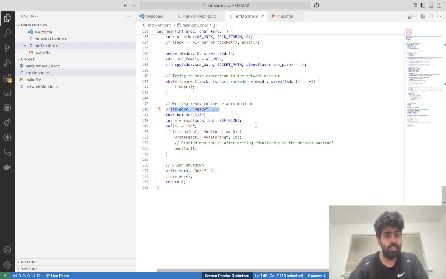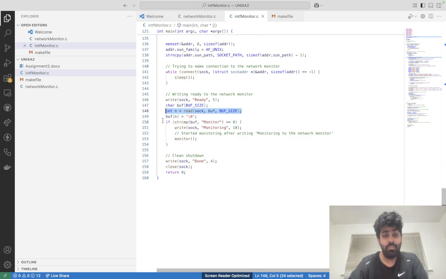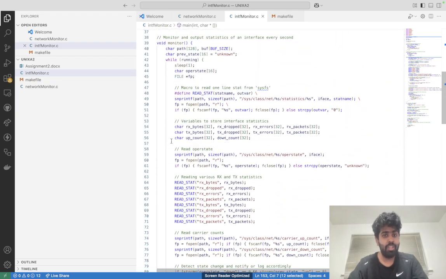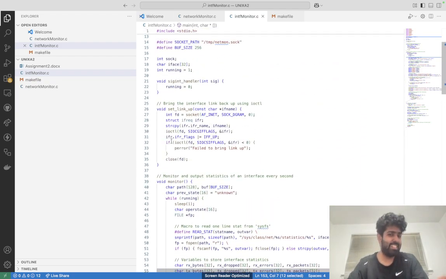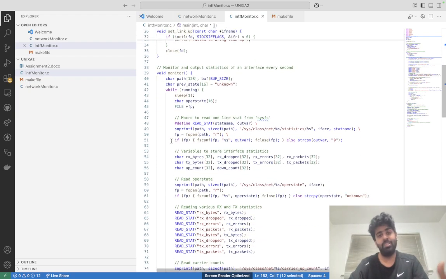Then we wait for the monitor command from the network monitor. If it's a monitor command, then we start monitoring. We write back to the network monitor that we have started monitoring, and then we just run the monitor function. Looking at the monitor function, it may look big, but simply what it does is it collects the